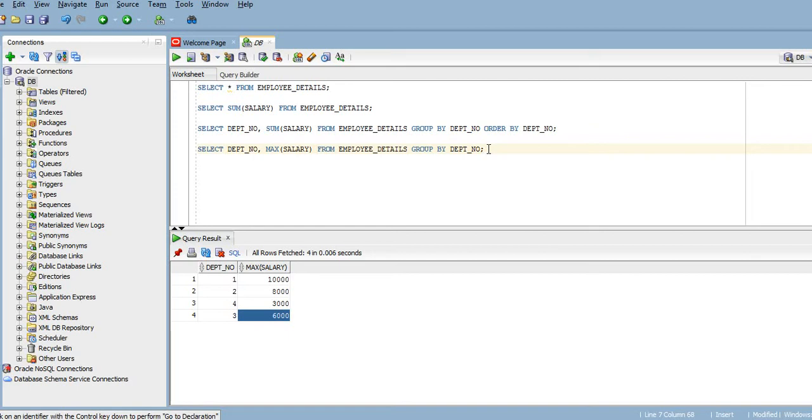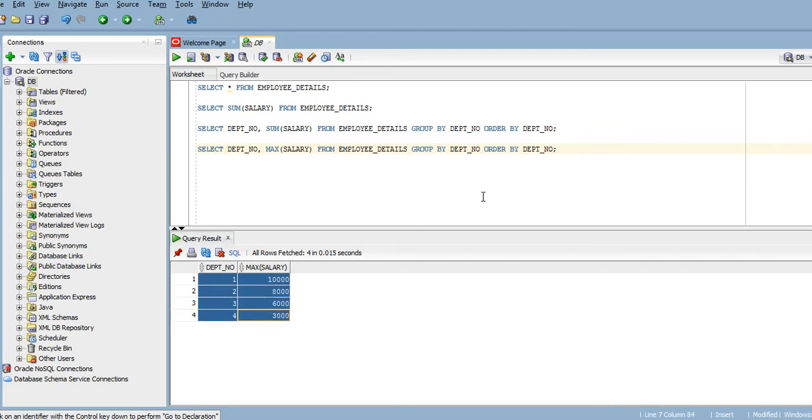Now let's assume we want to rearrange the data like the previous way. Then we can order it by the department number as I have explained previously. If I run this, it will rearrange the data in ascending order of the department number, and it shows the salary as I said.